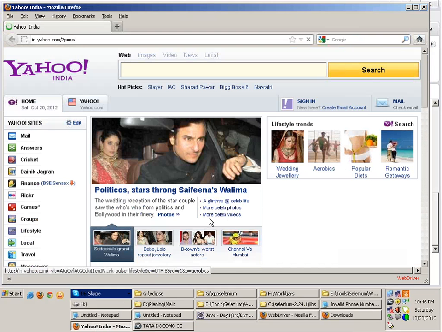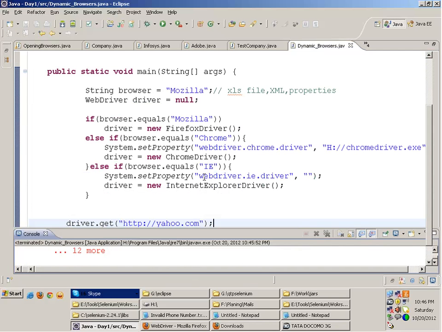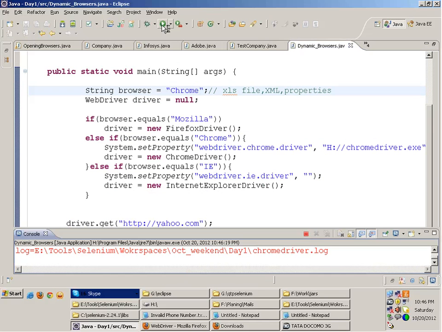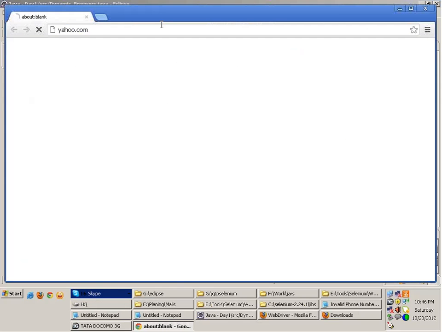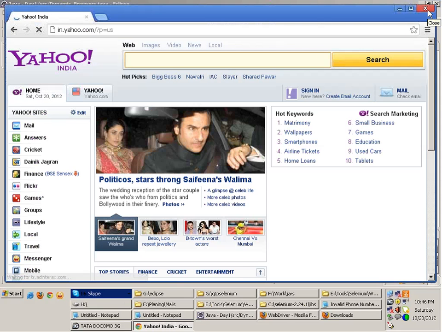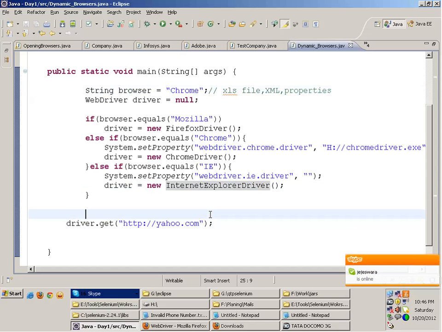Fine. Now if I change this out here, if I change it to say Chrome, if I execute this code, this time Chrome will open. See that, Chrome opens up and it goes to Yahoo. Fine, right? So this is how you can work with it practically.